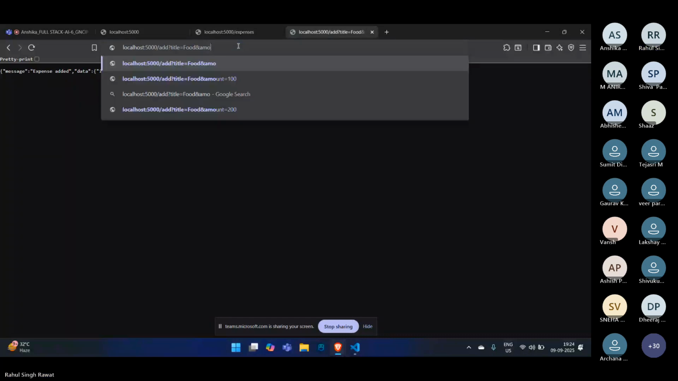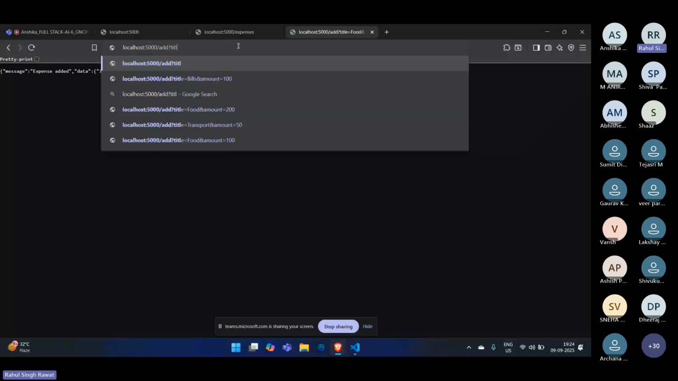Again, we want to enter something else, like we have added 100. So you can see that it added amount 100, and as we go to expense, it has created two data entries for us, one of 200 and one of 100. So if we want to delete anything, for that we can write delete and its ID,